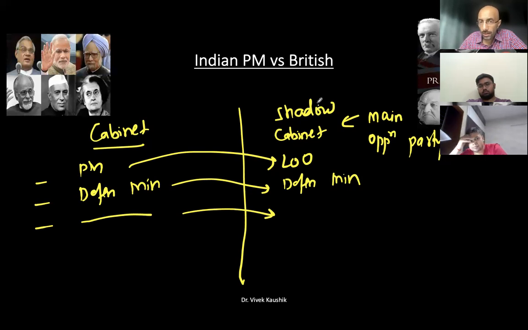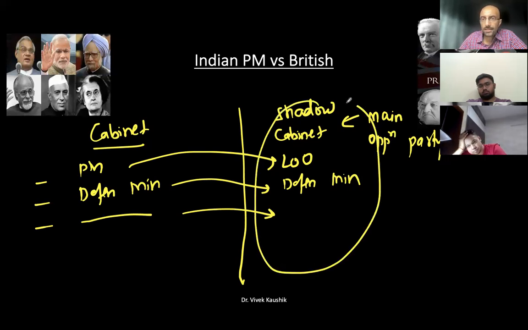Now, this entire set of ministers are appointed by the opposition party. And what do they do? They keep a close eye, a close watch over the activities, the policies, the decisions happening in the ministries. For example, if I am the shadow defense minister, I will closely keep an eye over what is happening